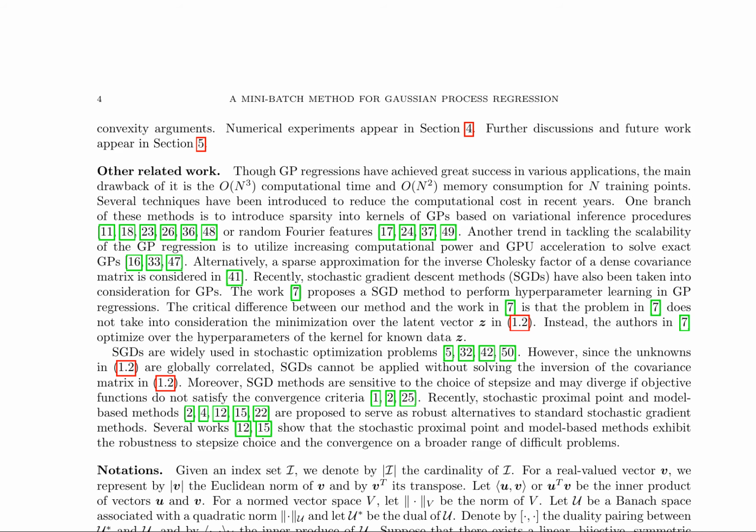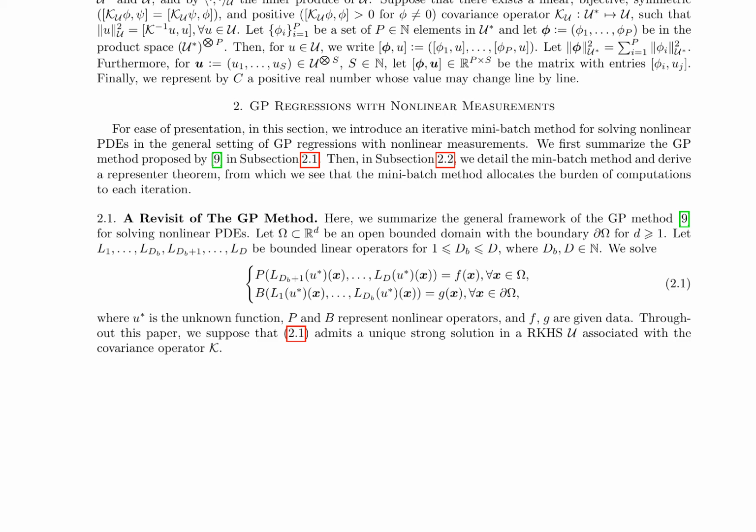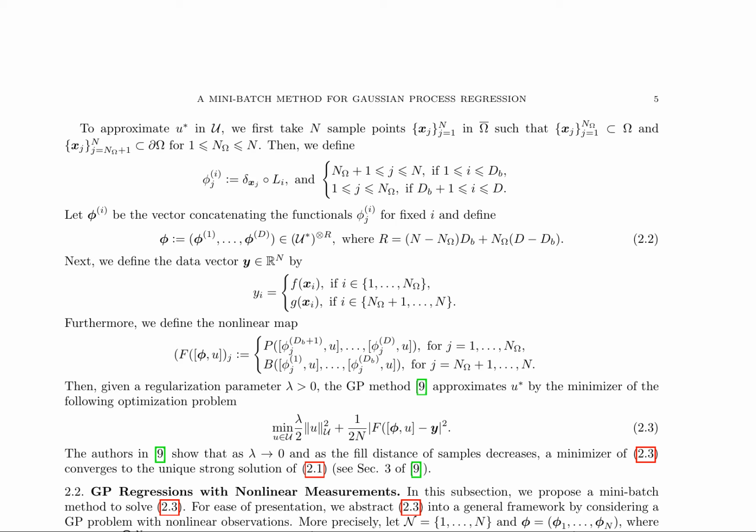The algorithm is designed to steadily reduce the error towards zero at a rate of 1 over k plus 1 over m, where k is the number of iterations and m is the batch size. The method's novelty lies in its ability to scale with the number of samples, making it more computationally efficient than traditional GP methods. The authors propose a mini-batch method for Gaussian process regression, aiming to approximate the solution of a